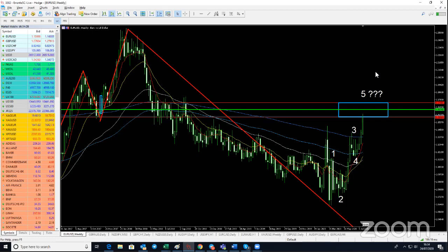Okay, but it's not a worst case scenario for those of you who are buying. So for those of you who are selling and you want to buy as well to hedge, that also means that you've got an opportunity of about 100 pips or so to the upside as well. Okay, so we have to be on both sides and look at what we have to do when the time comes. So we just want to also see how it fares when the news comes out as well.